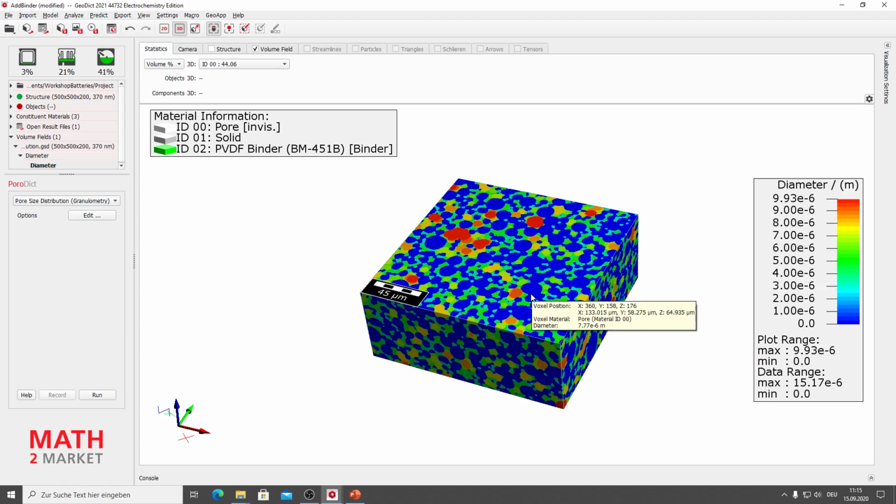So if you hover with your mouse over this structure, you can see the diameter in the very bottom of the tooltip, and you can see that it's something to the -6. So you can always see the number of the pores here.